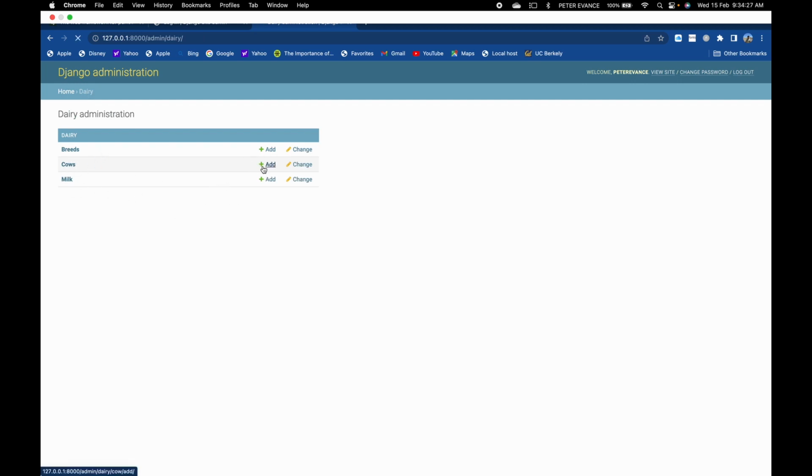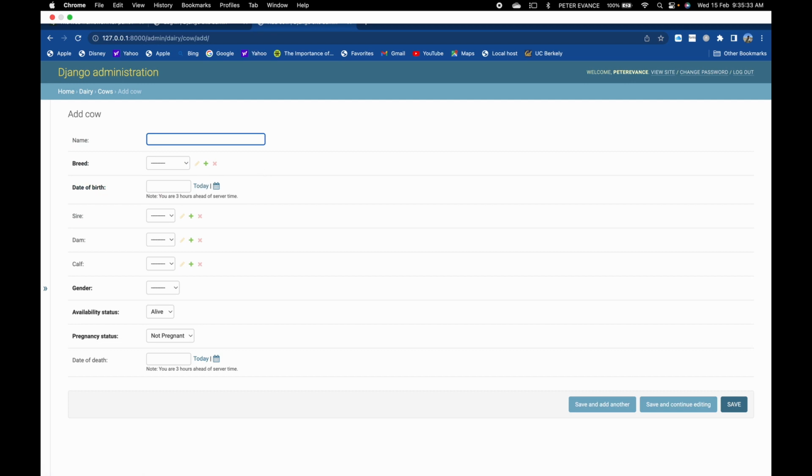We need to add a new cow, and now let's go ahead and add our first cow into the database. Remember, I had defined it this way. The name is not a required field, and that's why it's grayed. But for these ones that are in bold, this means that they are required fields, and for a cow to be saved, they have to be pre-populated with some data. So let's just go ahead and save this cow with the name, the first cow. Give it a breed of the Ayrshire, and also now give it a date of birth of maybe,